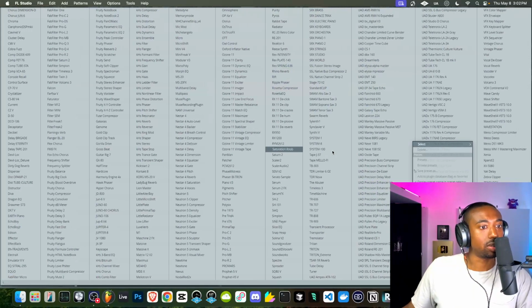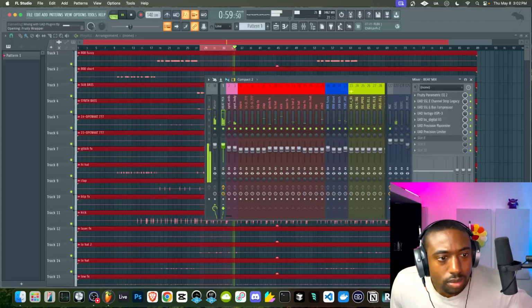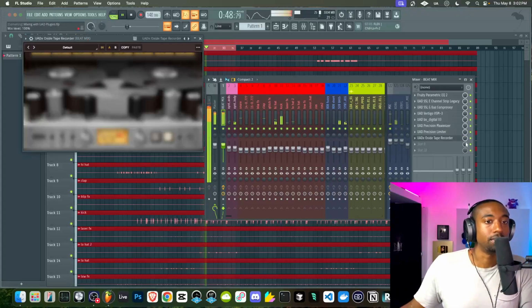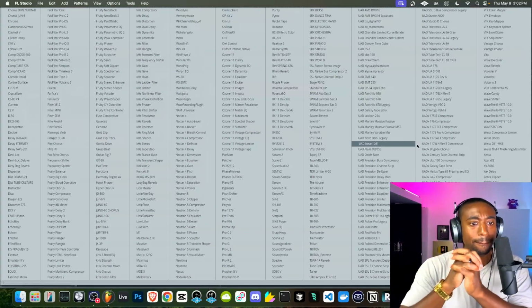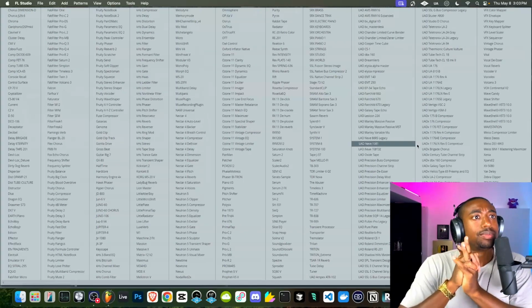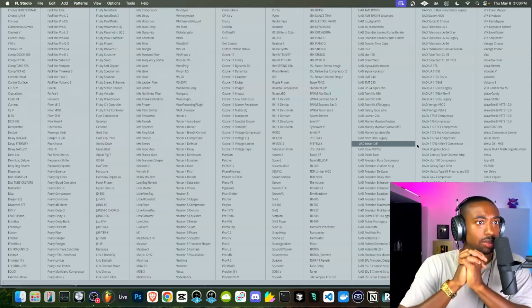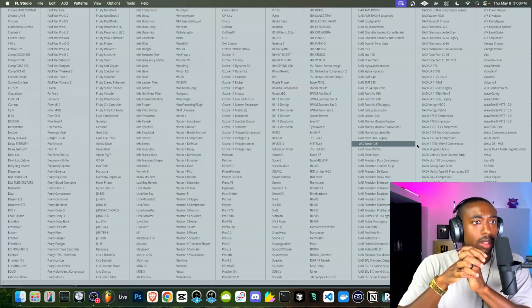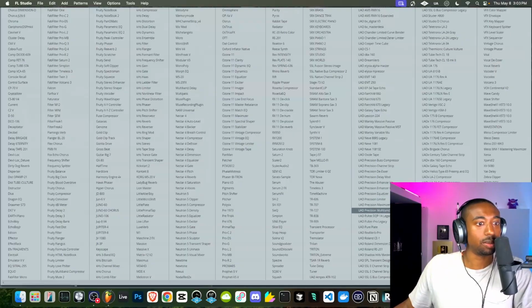Let me see if they have any stereo shaping plugins here. I did not mean to click the tape recorder. My finger slipped. That was an accident. Let's see what we got here. So we have a Cooper Time Cube that does widen stuff, but that's more on an individual channel level. Probably one of the channel strips has something with a width knob on it, but from what I can read, there's nothing that really focuses on stereo width. So I'm gonna use a multi-band.